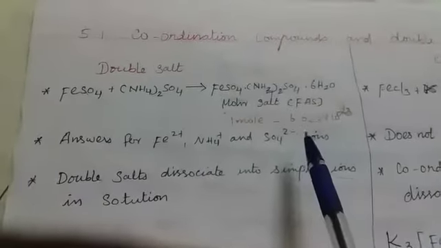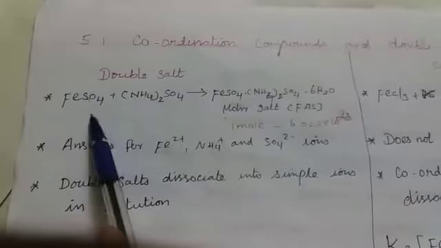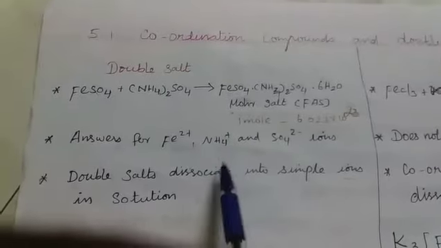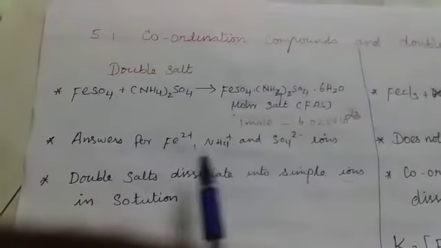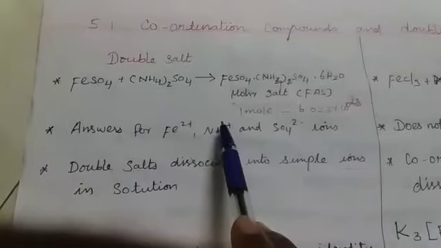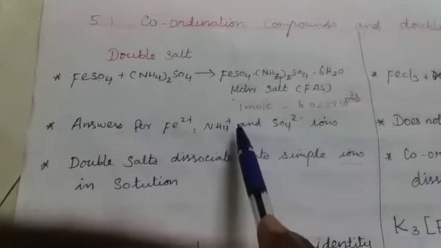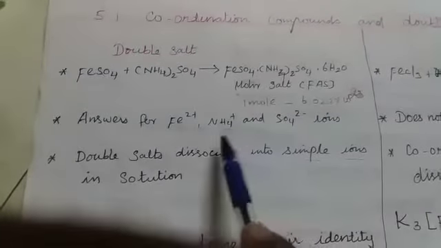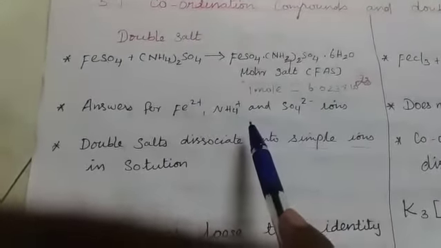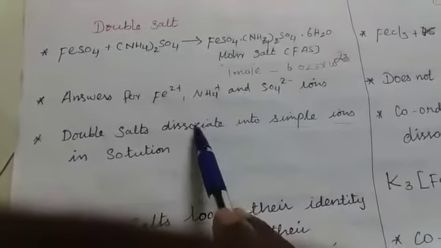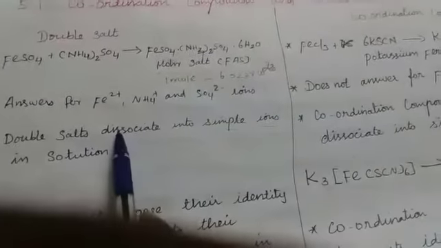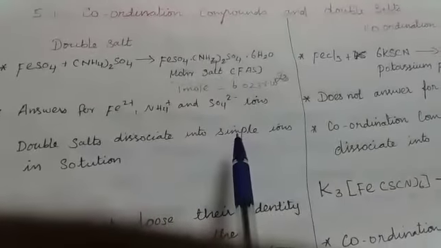Usually when two or more stable compounds in equimolar solution are mixed together and allowed to evaporate, we get a new product that may be either a coordination compound or a double salt. Based on their character, we will identify whether it is a coordination compound or a double salt. We will see the difference between these two. How can we identify which one is the double salt or the coordination compound?